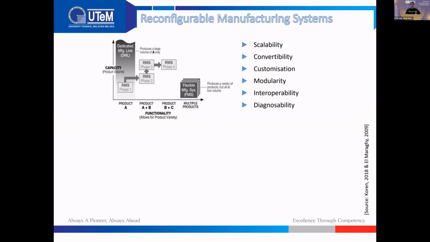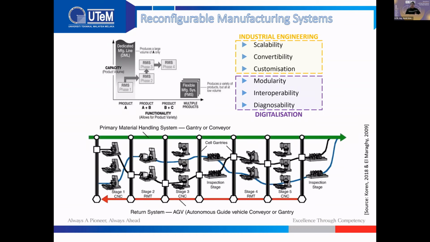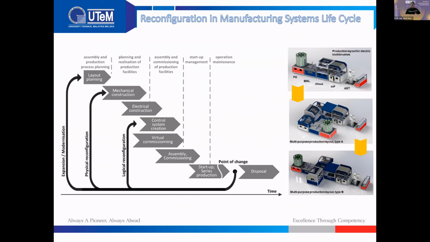This characteristic shows, and we can divide this into two. The first one is more related to industry engineering, and the second part is digitalization itself. Okay, I do not want to move to this one. This is some example. I think I will try to skip this one. It needs to be much deeper in order to explain it.